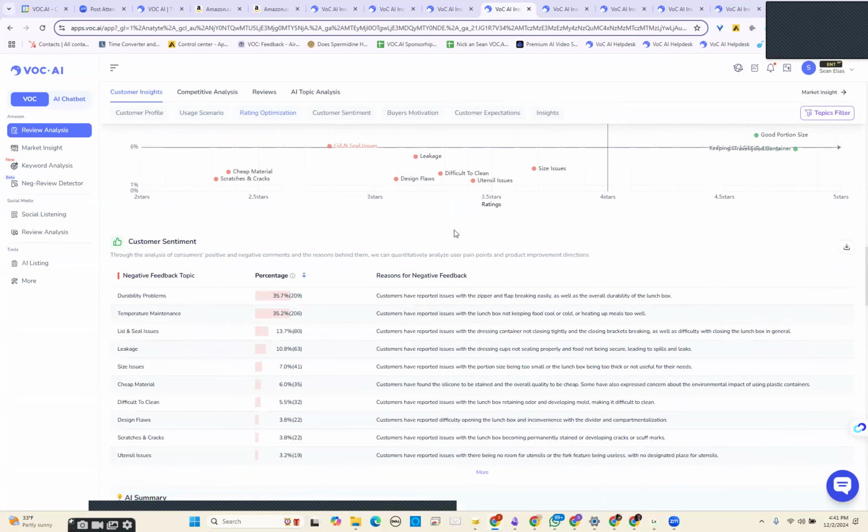Customer sentiment: the number one negative feedback was durability problems. Under reasons for negative feedback, customers have reported issues with the zipper and flap breaking easily, as well as the overall durability. In other words, we want to look at improving the zipper and flap. Number 2, temperature maintenance,